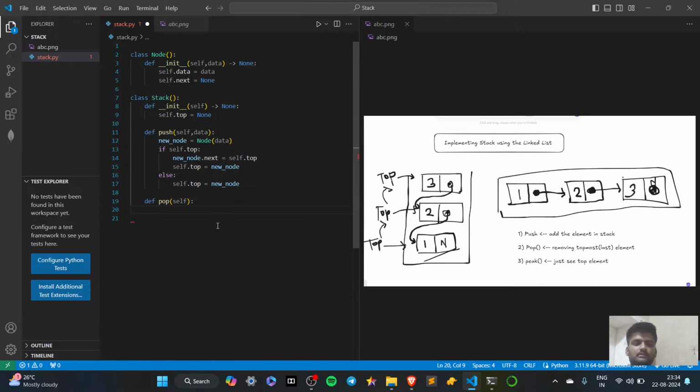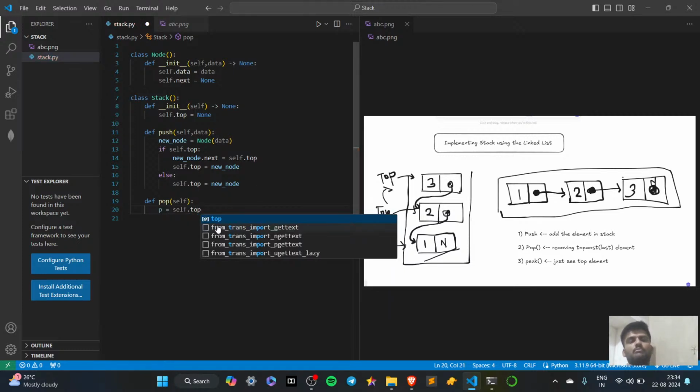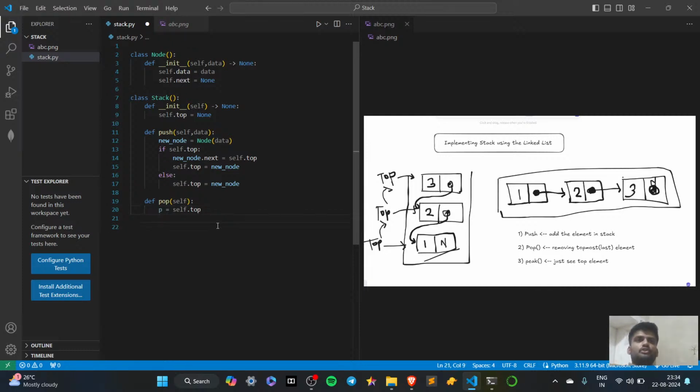Let p equal to self.top. It will store the whole node in that p. Let's store the data so I can return it. And next, let's see how many